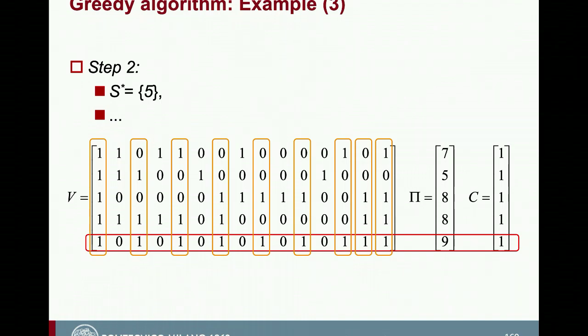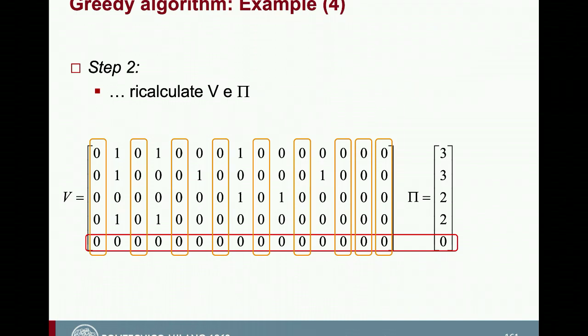As I mentioned before, we have to remove these test points from our problem. So basically, I have to put zeros corresponding to the columns of these test points, and this is what I do here, right? So I put all zeros here, and then of course, once I have put all zeros there, I can recalculate the cardinalities of the sets Pj for the other 4 candidate sites that we have to consider